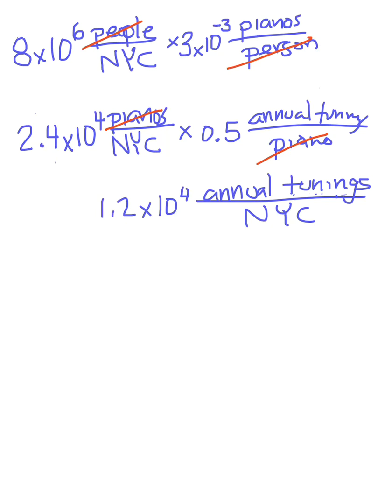So our estimations have led us to about 12,000, or 1.2 times 10 to the 4, annual tunings in New York City. But to know how many tuners that is, we need to figure out how many tuners for an annual tuning. Meaning, how much of a year does a tuner spend tuning a piano? I'm going to guess tuning a piano takes about all day. I don't really know. And let's say that there's 250 days in a year that they work. So that would mean